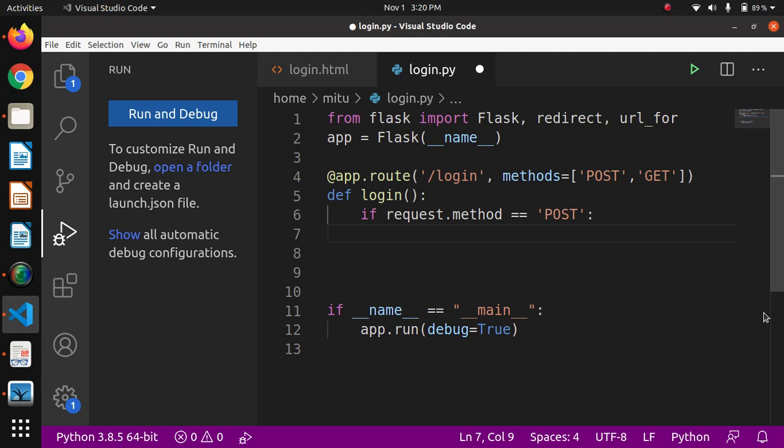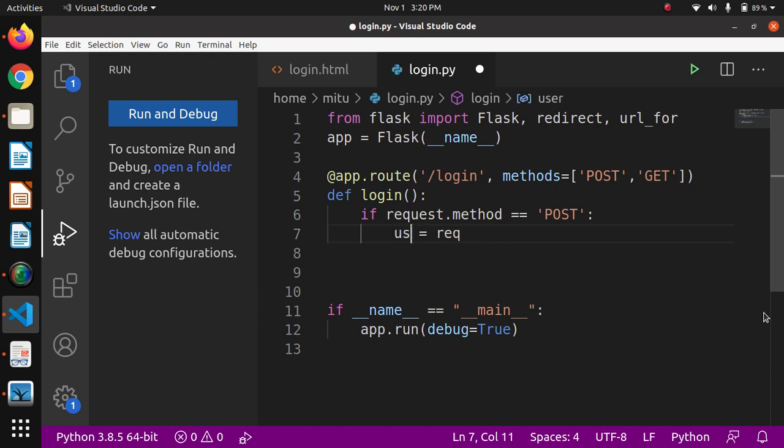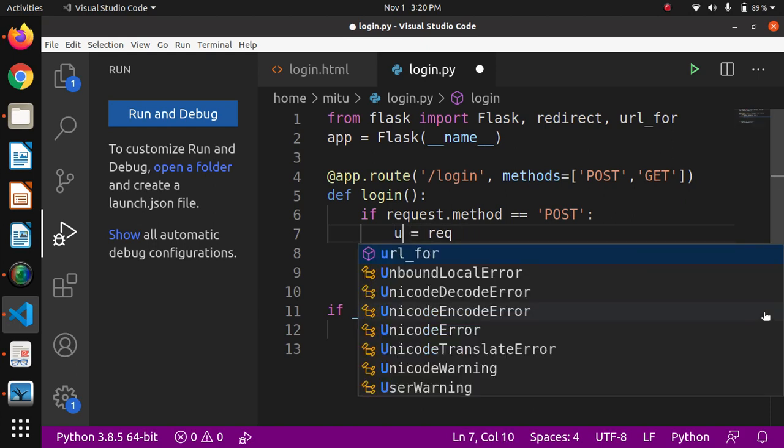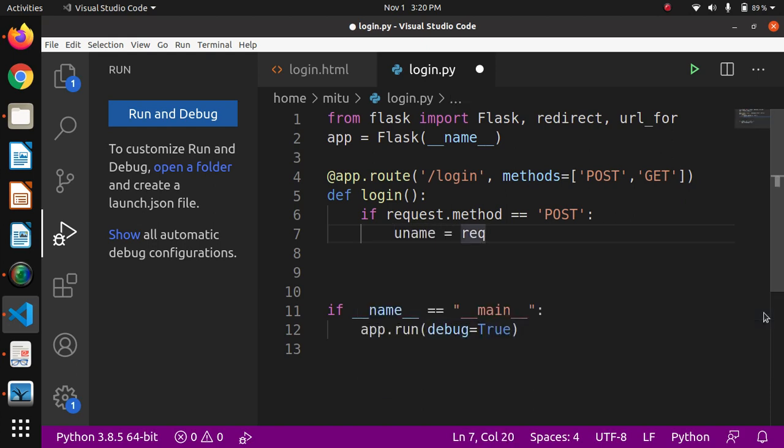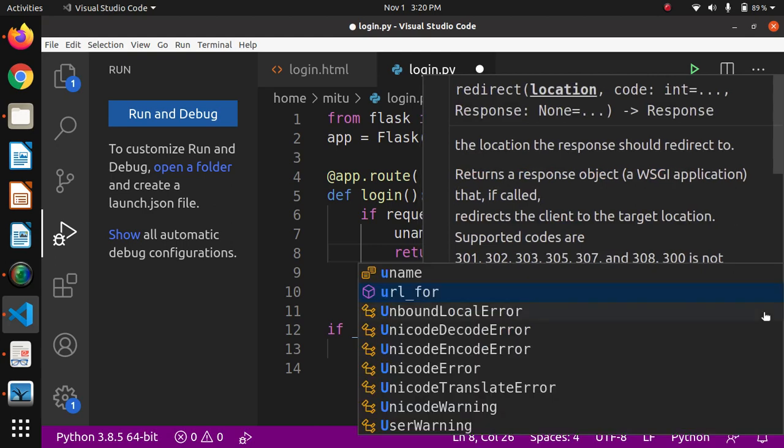So let's see this. I will forward it by using user is equal to request, or we'll have a name here, uname, request.form. Okay, so form is a dictionary created which will contain the values passed from the client, sorry, to the server. So return that, create a URL for this,